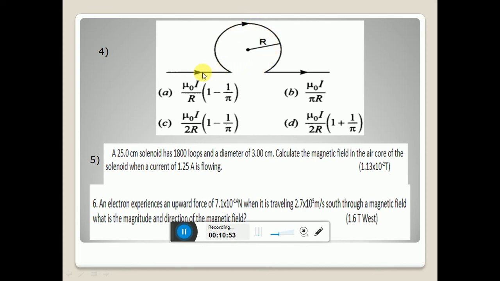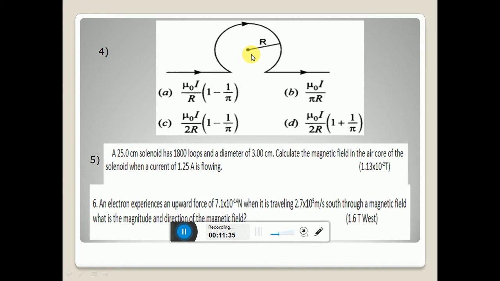So here you have to consider the current flowing through the straight wire as well as the current flowing through the circular path. So here the combination of two structures we have to consider. So we have to apply the equation for the magnetic field due to this straight wire and the magnetic field due to this circular part. And finally, after calculating the magnitude of the magnetic field, determine the direction of the magnetic field. If they are opposite, then apply the difference in the magnetic field values. If they are in the same direction for both cases, then you can apply addition to the magnetic field values.